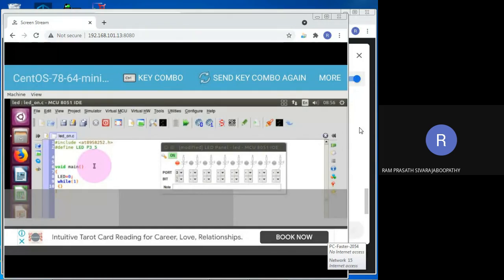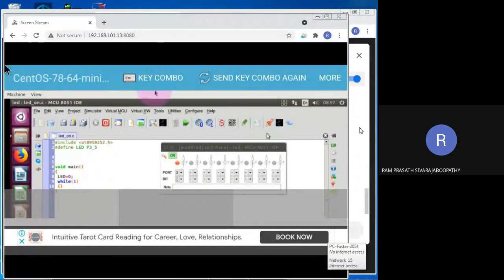If you have an OTG converter, that means a micro USB to normal USB converter, you can connect a mouse and make good use of it. Fine. Wait a minute. I will connect and show it to you. I'm taking the mouse and connecting it to my mobile phone with one cable. Yes, now you can see the arrow coming.